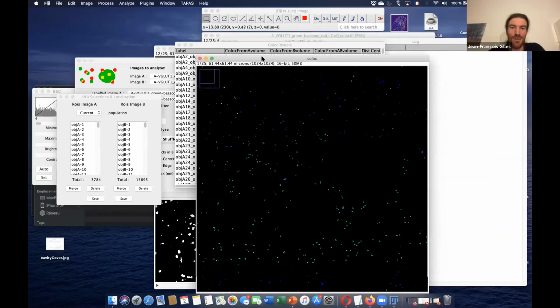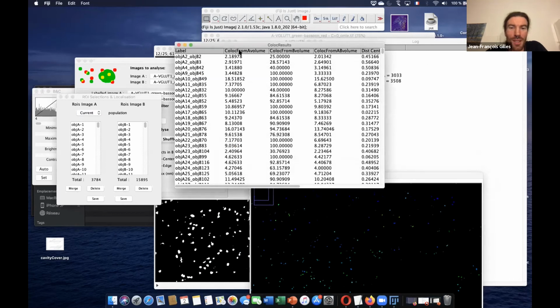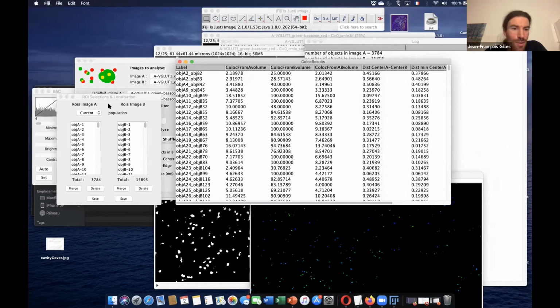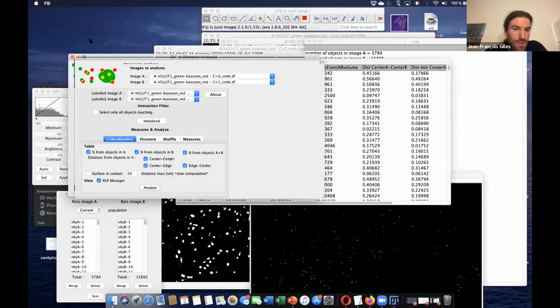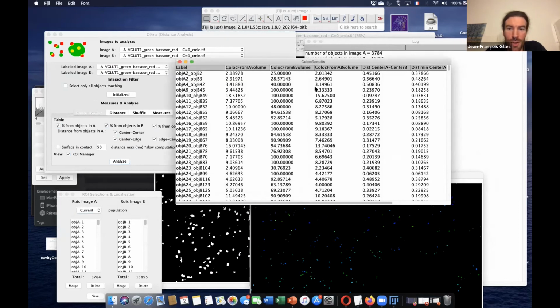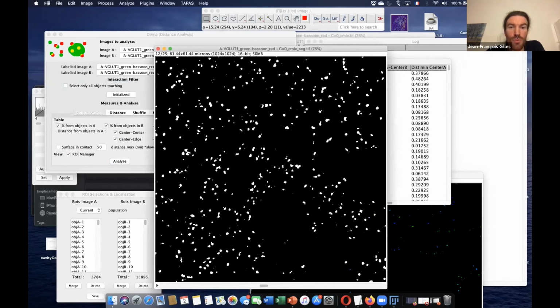Let's reduce this. So here, in this table, we have all the distances we checked. All the things we checked are in the colloc result. It takes the object from A, which is the first image, and object 2 is the object which has the value 2.